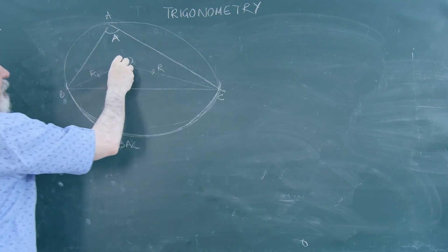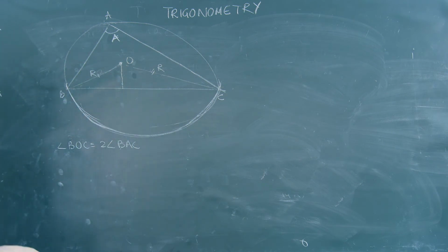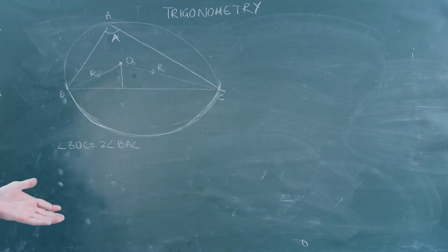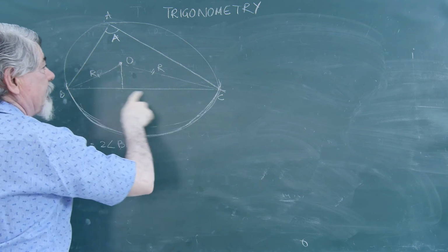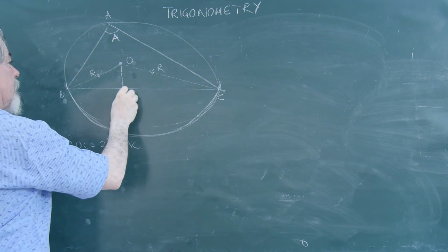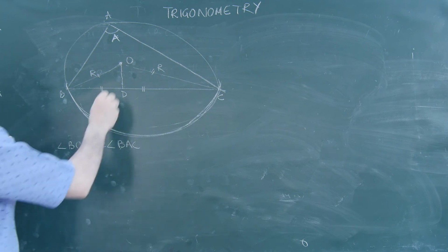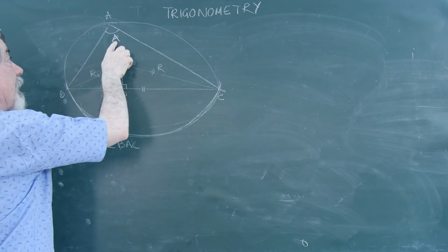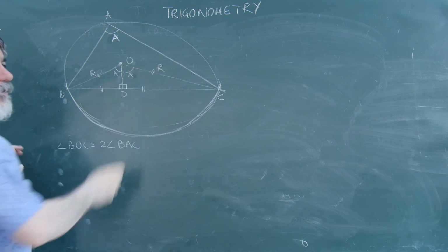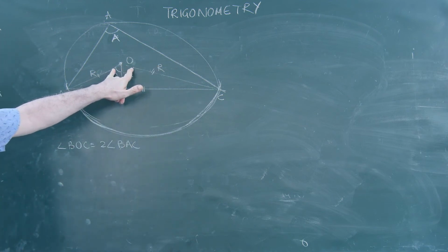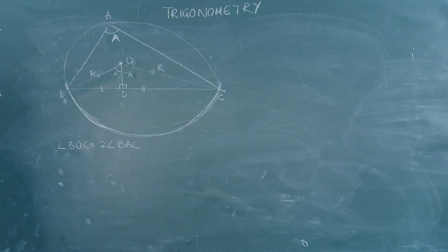So if this angle is A, and I drop a perpendicular here, you know this is an isosceles triangle. It is also the property of a circle that a perpendicular dropped from the center of a circle to any chord bisects the chord. Suppose this is D. So BD will be equal to DC because OD is perpendicular. Because the angle at the circumference is A, the complete angle at the center will be 2A, and the perpendicular will bisect the vertex angle also.